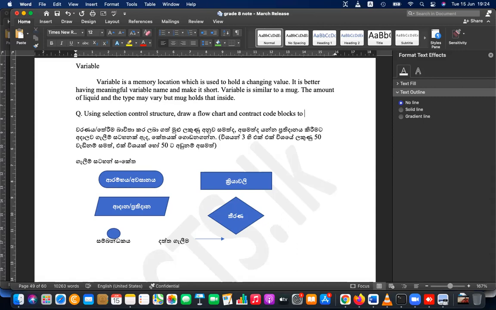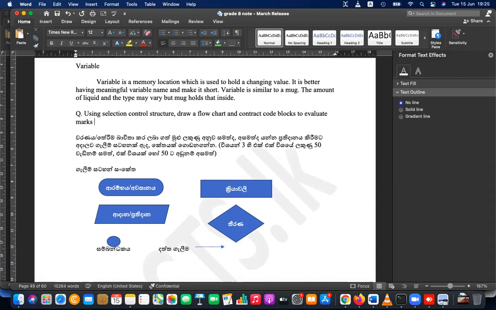To evaluate marks inserted for three subjects.